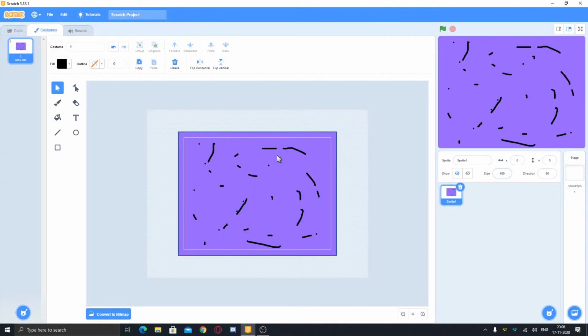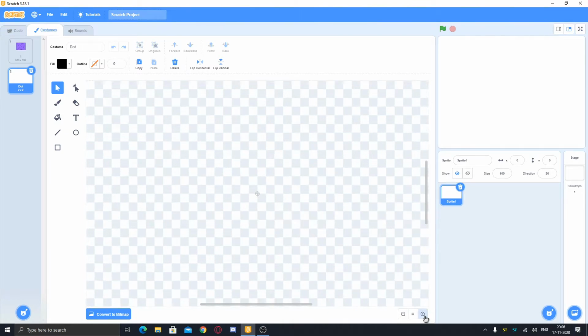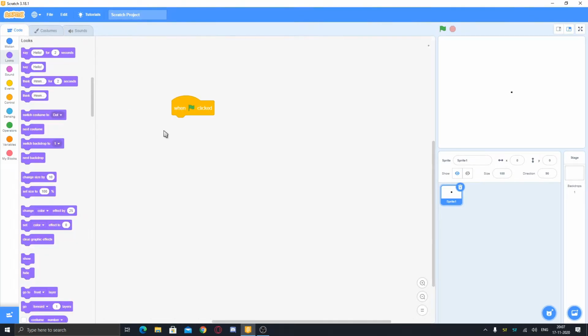So now we'll set it to 100 and then make a new costume, name this 2 or dot, and just make a small dot here. Not very small, it can be big, but it should be much smaller than the map. So here you can see I made one, and now you can just put here when the green flag clicked, switch to costume dot.